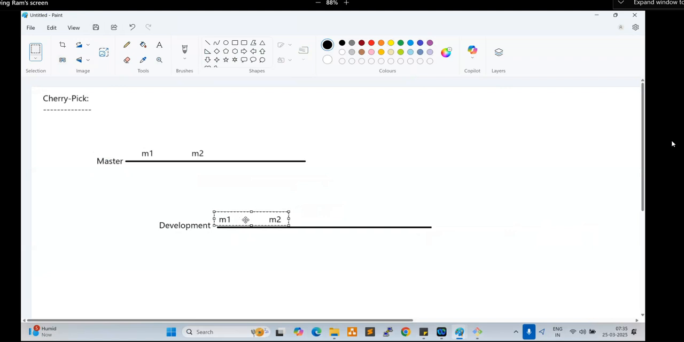Now what I will do, I want to add three more commits on the development branch: D1, D2, and D3. So on the development branch, we have five commits available. Now, once we